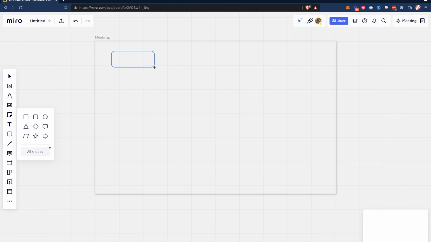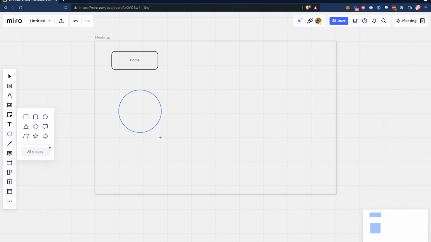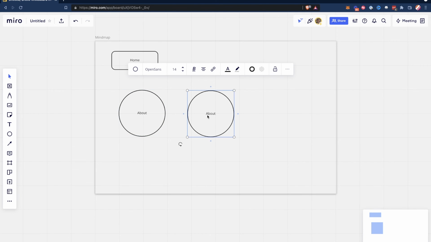But I'm just going to do this shape tool here. You're going to drag that out, and then you can put words in here. So if I was creating a sitemap for a website, I might have a home page, and then we might add some circles underneath it to visualize what pages are going to be linked out to from the home page. So we might have about, and then I could hit Command C, Command V, and it's going to create